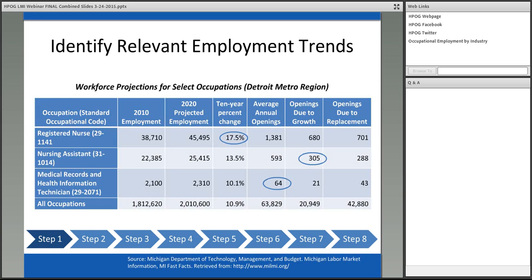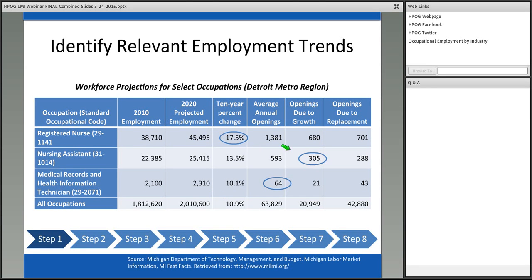So throughout the paper and throughout this presentation, we include real data for the Detroit metropolitan region to illustrate examples of labor market information. So in this case, we have data from 2010 and also projections up to 2020 for 3 occupations of interest for our community college. In this example, one of the things that we see is that the projected increase in the number of registered nurses is over 17% compared to a total increase of employment of 11%, indicating that registered nurses are expected to grow pretty significantly within Detroit.